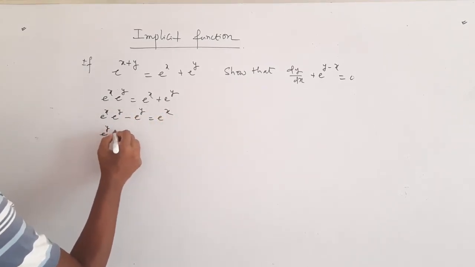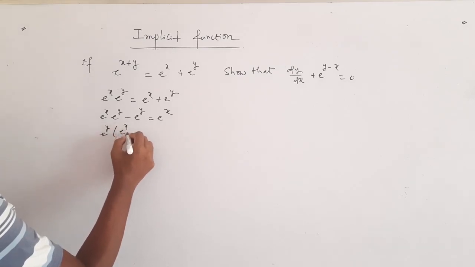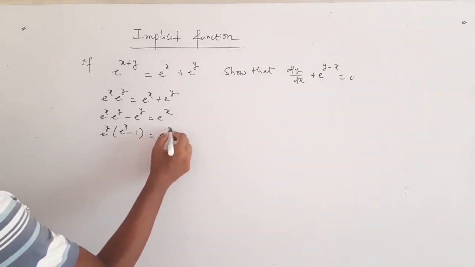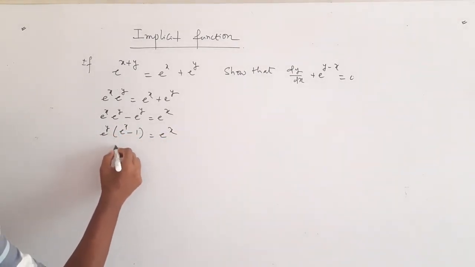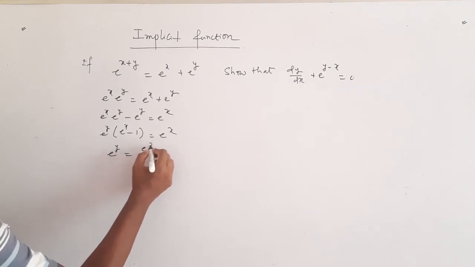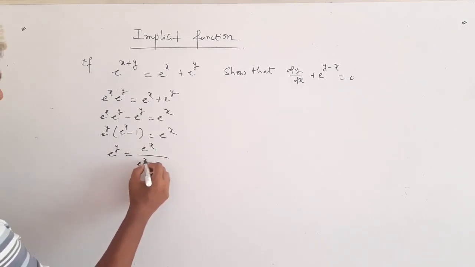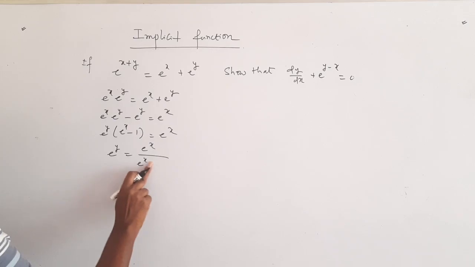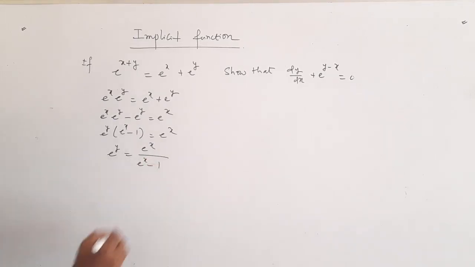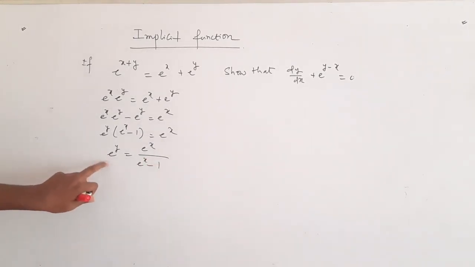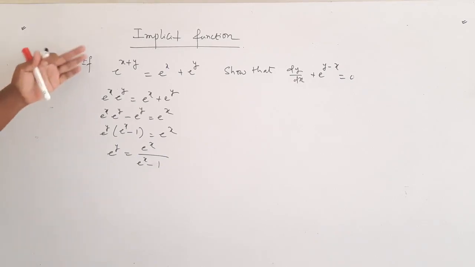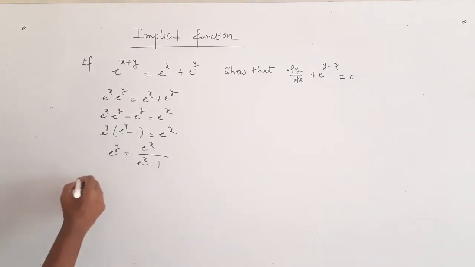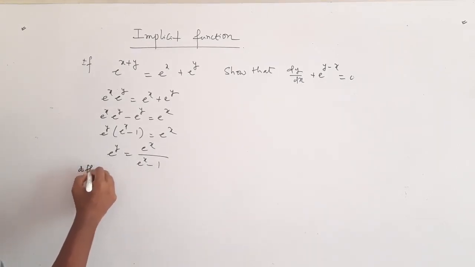e^y comma, e^x minus 1 equal to e^x. Then e^y equal to e^x over (e^x minus 1). So this is the relation we have derived. There is no differentiation, it is just algebraic manipulation. Now if I differentiate this with respect to x,